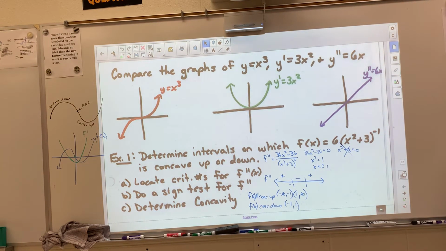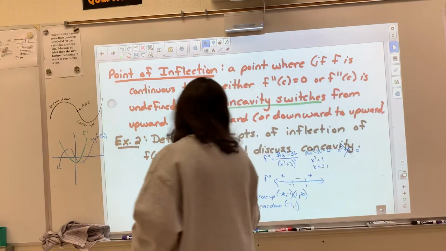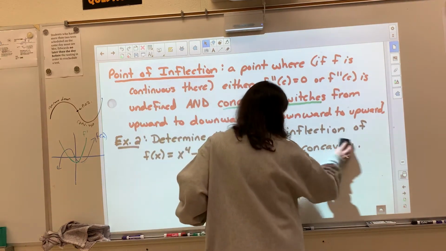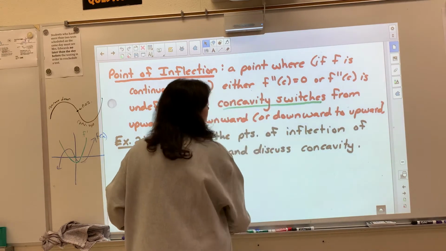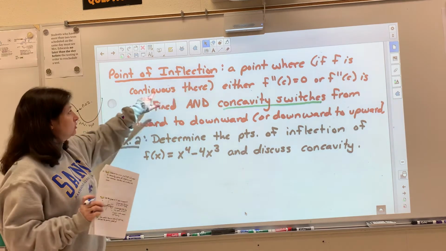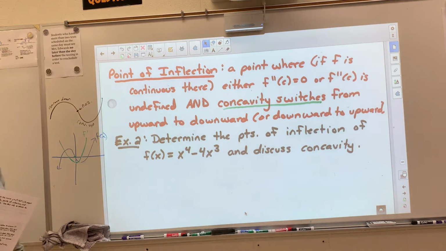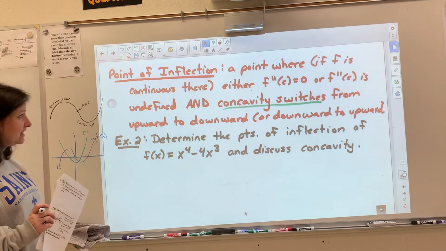Now, what is a point of inflection? A point of inflection is a point on the original curve, as long as the original curve, F, is continuous there. So you can only have a point of inflection where it's continuous. It's a point where